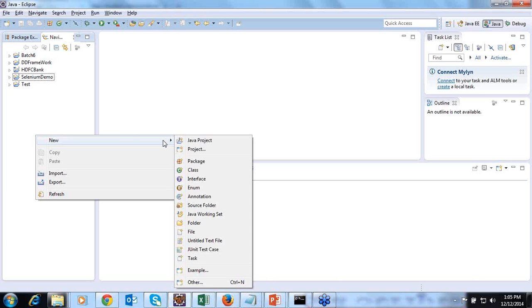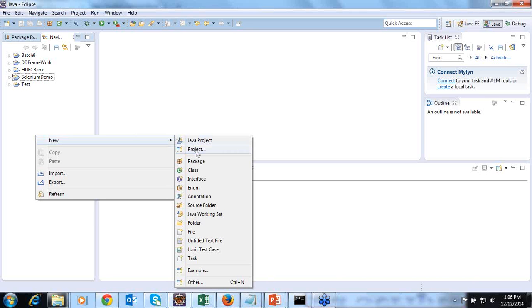If you don't add the jar files of WebDriver as external jar files to Eclipse, it will not identify them, because the jar files we have downloaded were not developed by Java developers, but somebody else has developed them. That's why Eclipse will identify those jar files as external jar files.